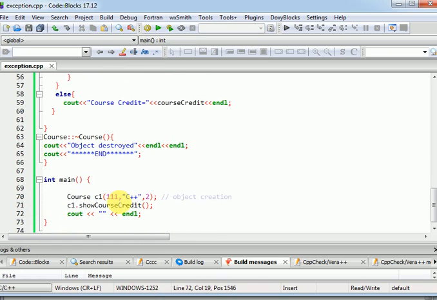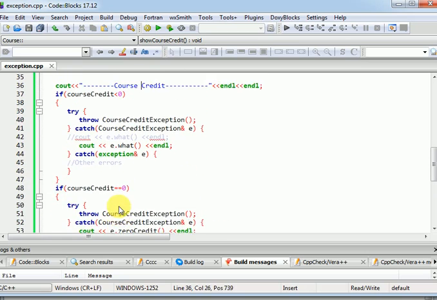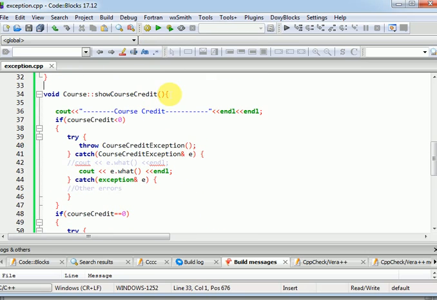Okay, now here I have created the first object, that is course C1, 11, C++ and course credit. The course code, course name and course credit. Then I am calling C1 dot show course credit. Now let us look at what show course credit has. Just find out the show course credit method. Here it is, show course credit. Now I am checking if course credit is less than 0. If it is less than 0, then I am trying to throw course exception,